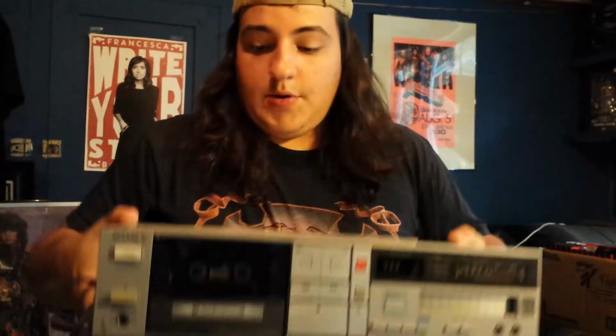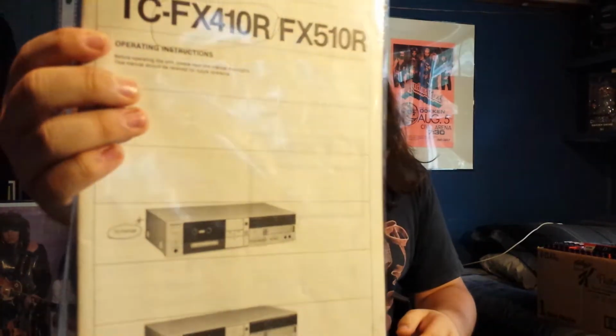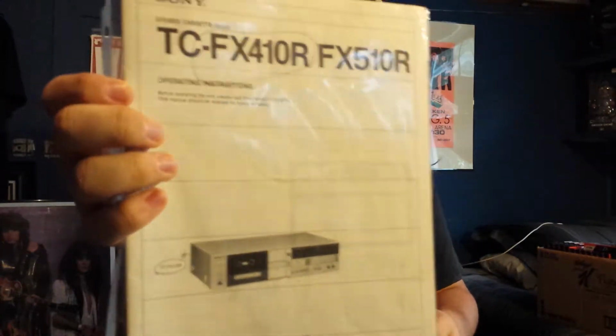The first thing I found was this Sony cassette deck. As you know, I'm a big cassette fanatic, and I got this thing home. It works great. All the belts are good on it, all the buttons work and everything. And this even came with the original operating instruction manual, so that's how I know this thing was well taken care of. Paid 10 bucks for this, and then I paid 20 bucks for